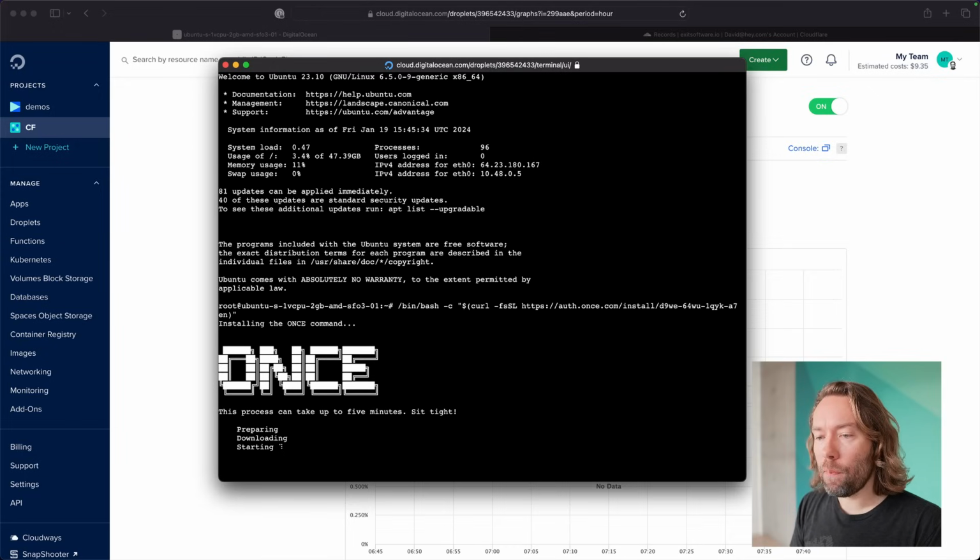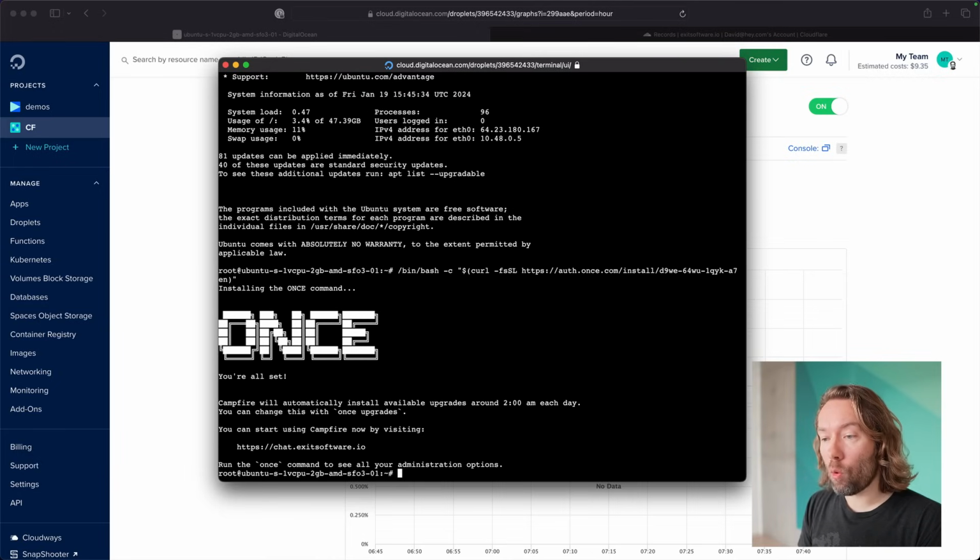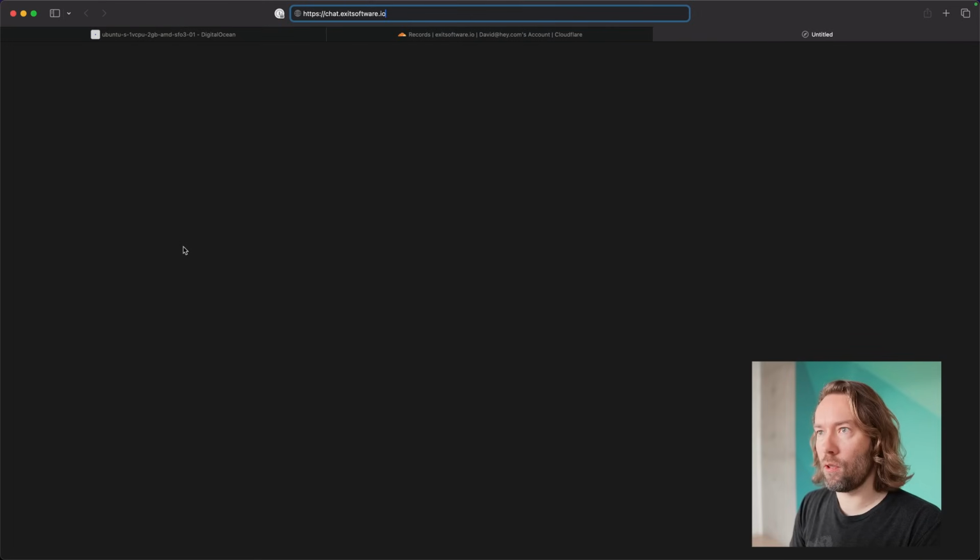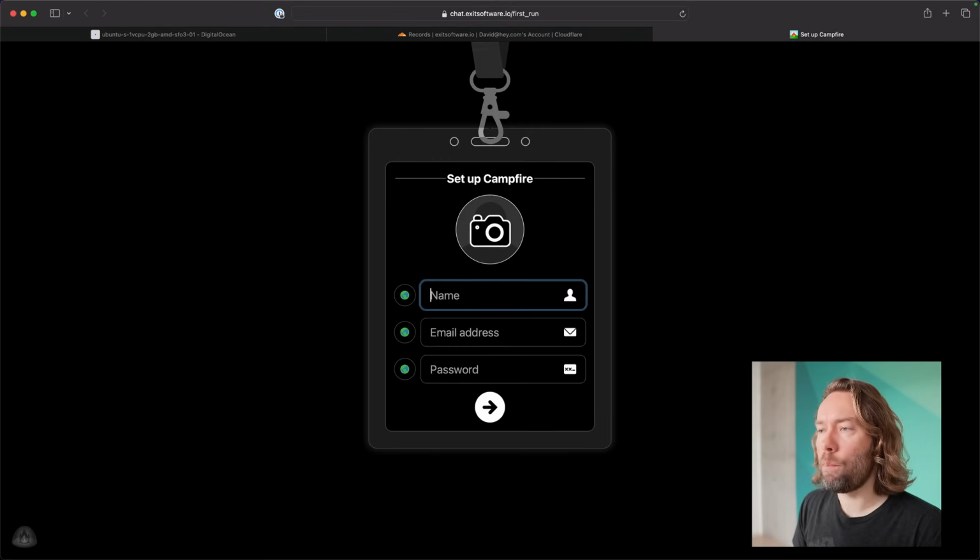So now we're starting up. This takes 15-20 seconds in these tiny droplets. And this is the other thing. If you want a faster machine, more responsive, you can, of course, just pick something with more CPUs and power. Anyway, we are now set up with our domain. We can hop back here into our browser, and boom, we have simply set up Campfire on the machine,